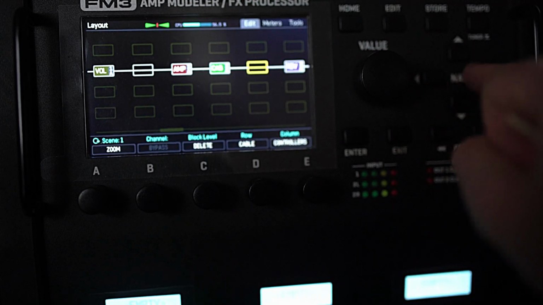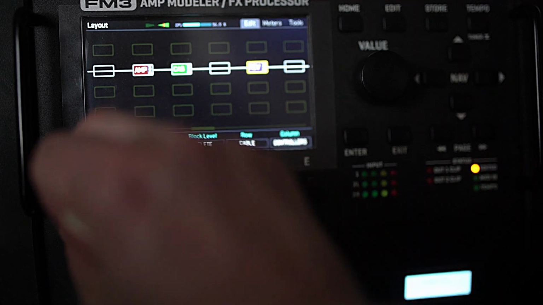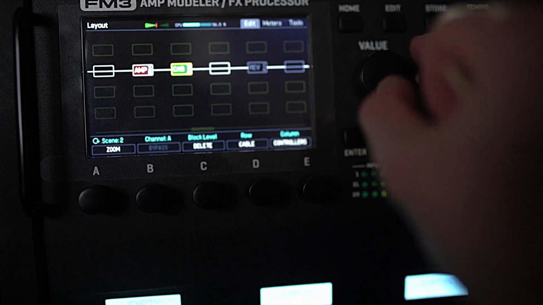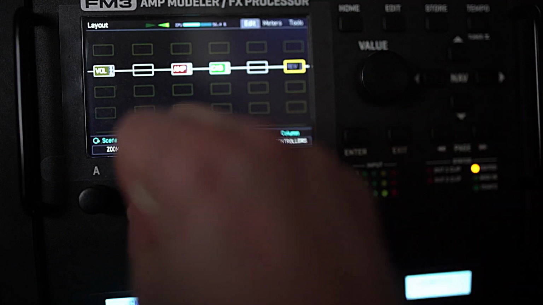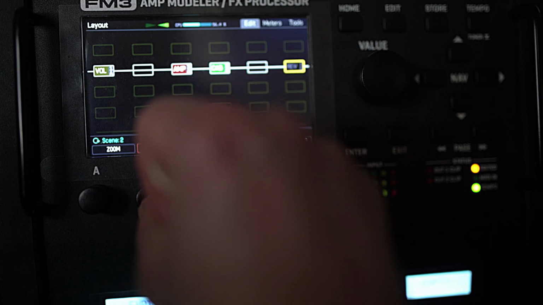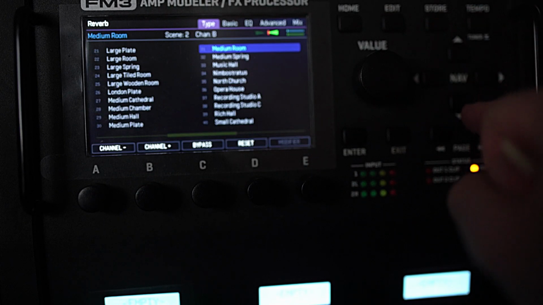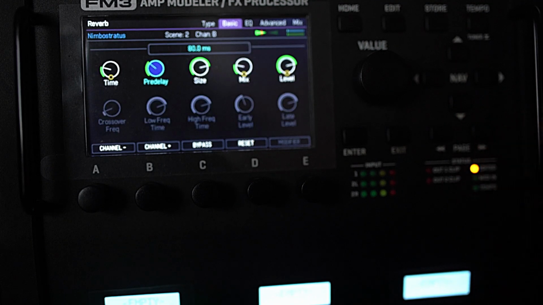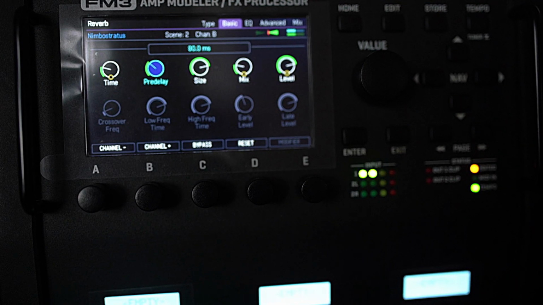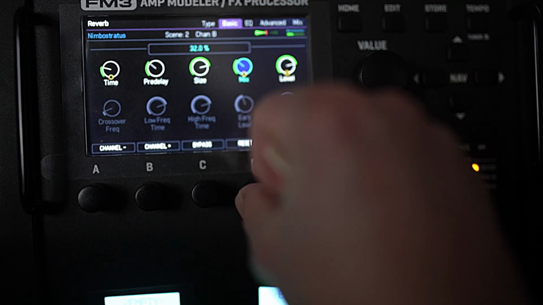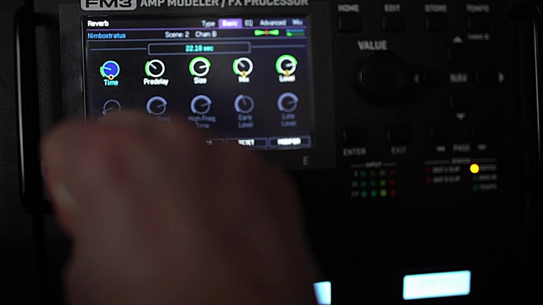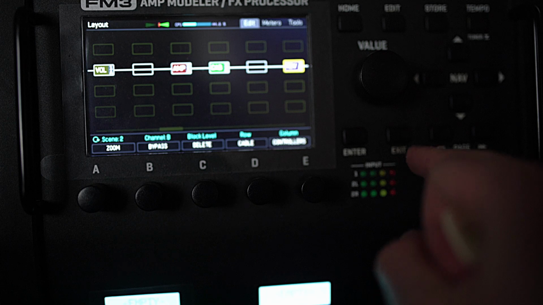I might also just add a different scene though. So scene 2, I'm going to keep everything the same, but I want this to be channel B, unbypassed, channel B, and we'll use a Nimbus Stratus, I think, because this has a really good sound too. So that is already a really long reverb. So now we get